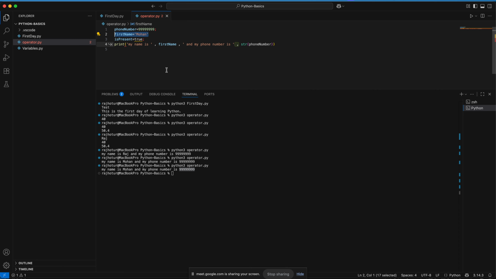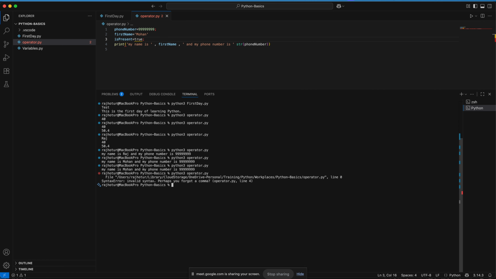So before that, I also wanted to make sure that if you execute this, okay, so you can see, there's some syntax error. So what is the syntax error is, I think I have missed some things. Okay, let's not use this. Right, so let me execute it. Okay, still we have